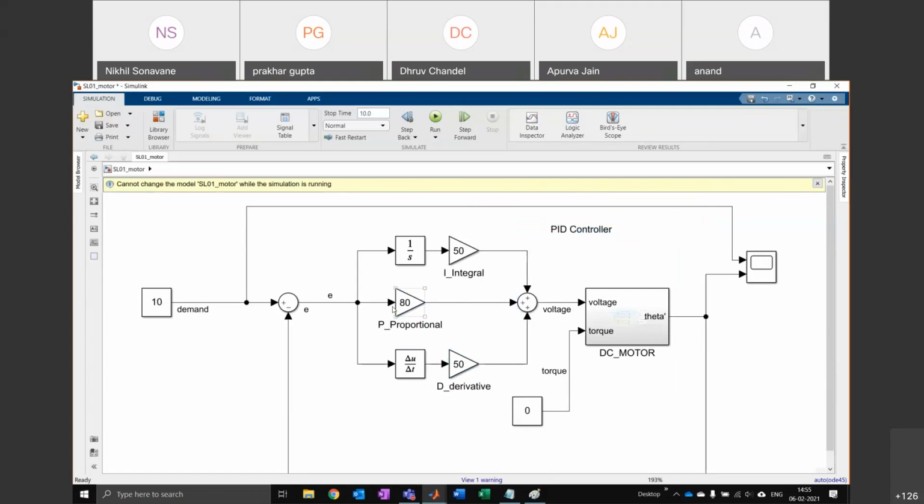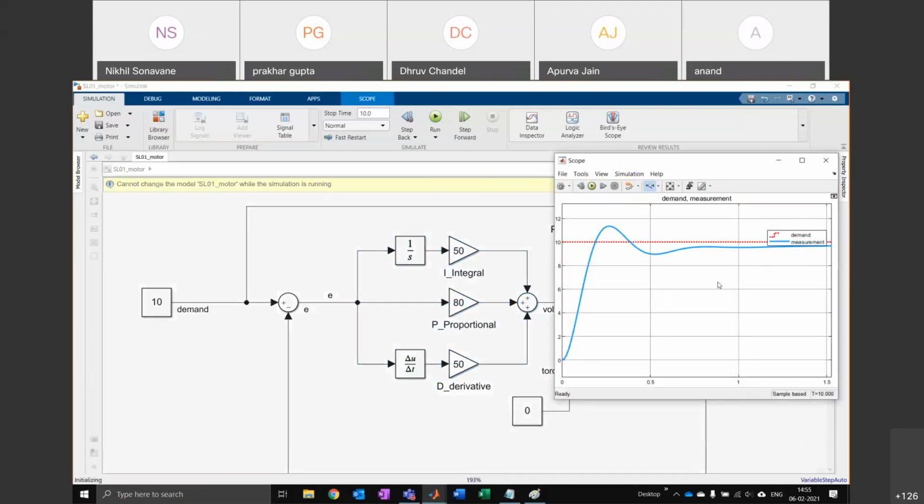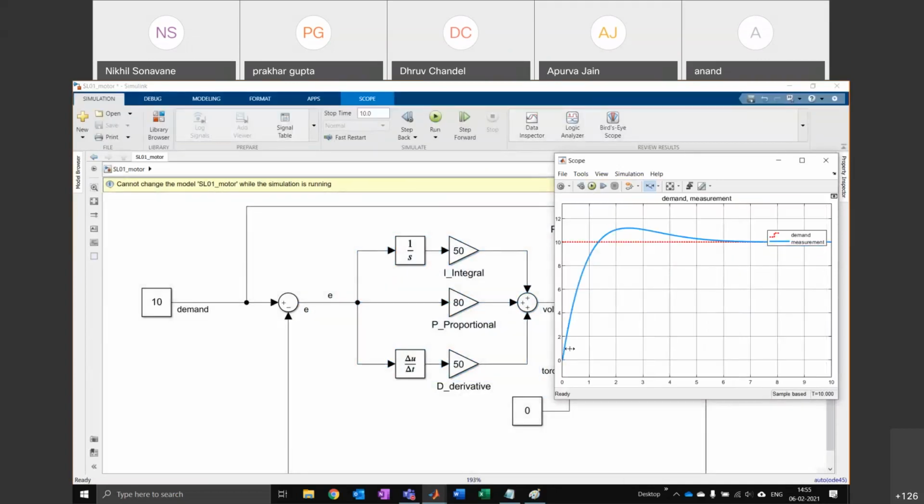Because you are checking the value, you're removing the error, and you're also making sure the slope matches to some extent. So you have the proportional gain, which goes directly. You have the integrator gain, and then you have the derivative gain. You add up all of them, and this thing here becomes your controller. Okay, so let's now run this system again. And you see it looks much nicer. It's still going over a little bit, but it's smooth. It's not that jerky bad motion.